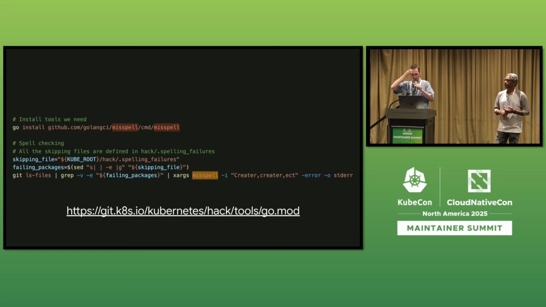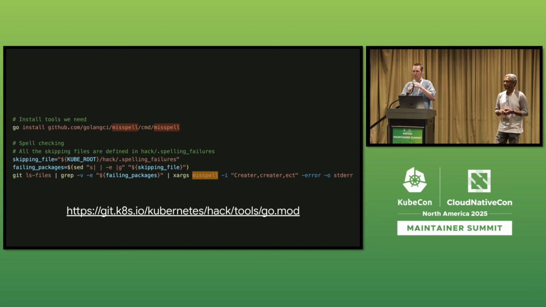And then the last category is things that we don't even really build, but just use in scripts or code generation, or tools, we call them. Go 1.24 added a tool directive in the go.mod file to help track dependencies that were related to tooling. And a lot of people thought, oh, this is great. It's going to let me isolate my tool dependencies. It did not. All it did was, it's basically an annotation. It still shows up as an indirect dependency. It still gets passed on to everyone downstream of you.